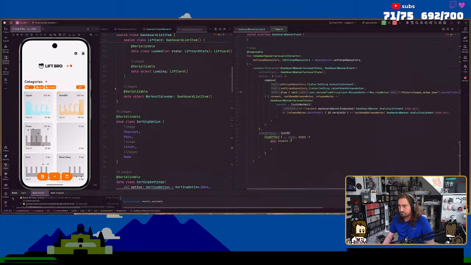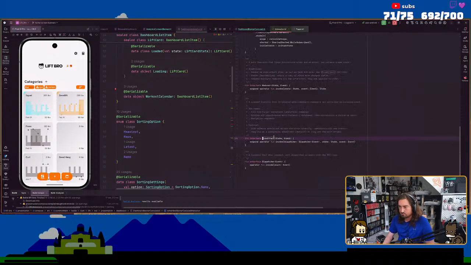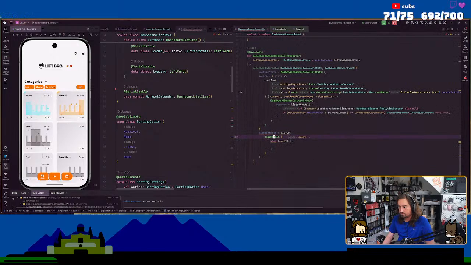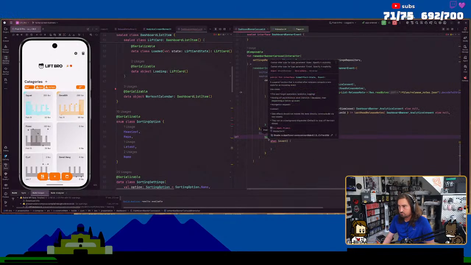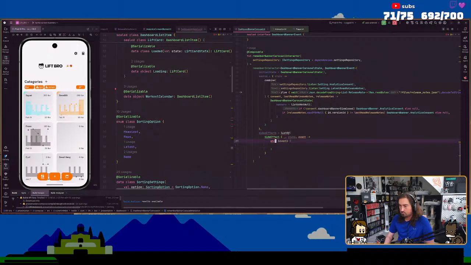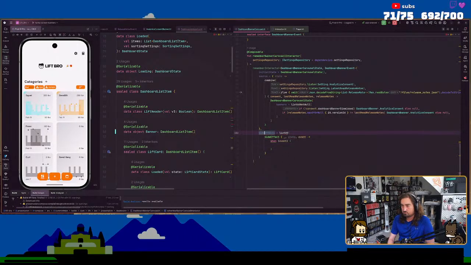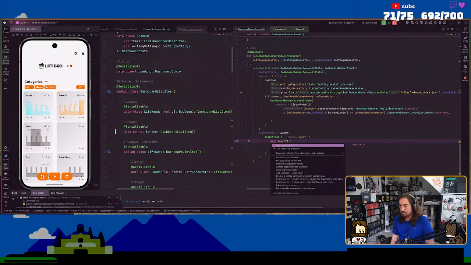I have the side effect right there. Why is this dispatcher state event? Why do I have to? Oh, there we go. That's why. A little typo.